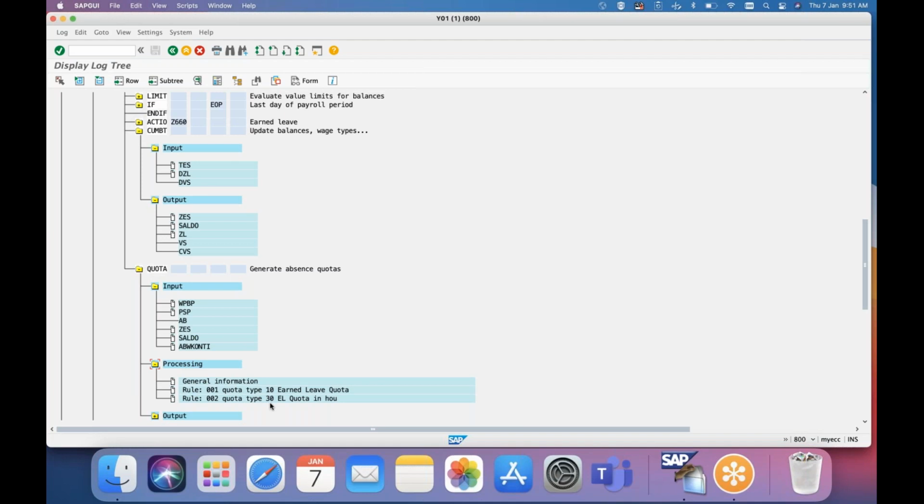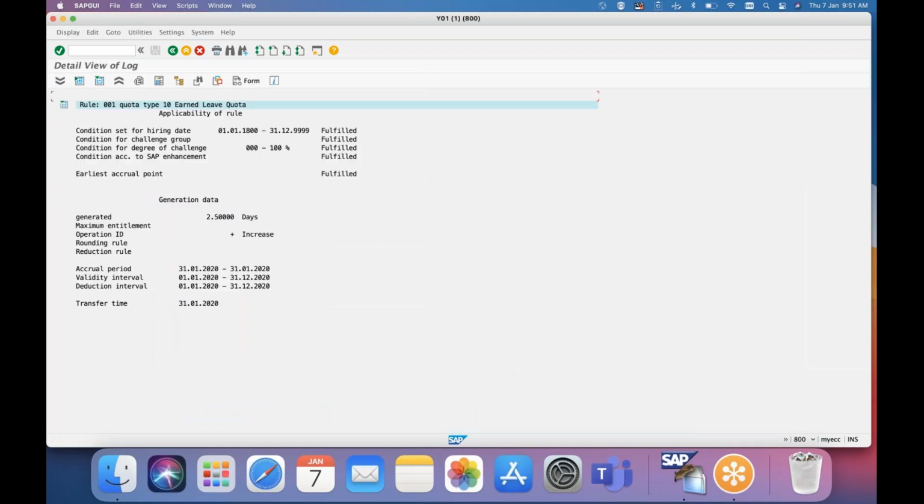Now, if you see the process, whatever configuration you have done for different quotas like quota type 10, 30, 40, and if you have activated the very first configuration step, right? If you keep it in increase or replace, and if all your configuration is correct, you can see the rule which we have created in the configuration. If you double click on the rule, you can see all the conditions we have set in the generation rule.